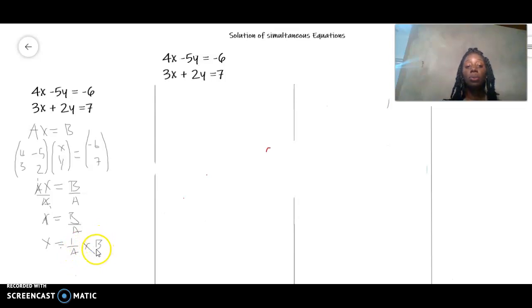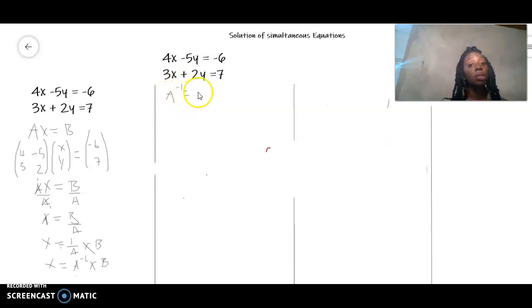Okay, note that 1 over A is also called A inverse. Thus, I can write my equation as X is equal to A inverse times B. Alright, now at this stage, I need to find what A inverse is. Now, if you checked a previous video, you would realize that A inverse